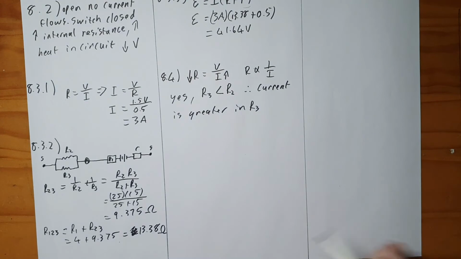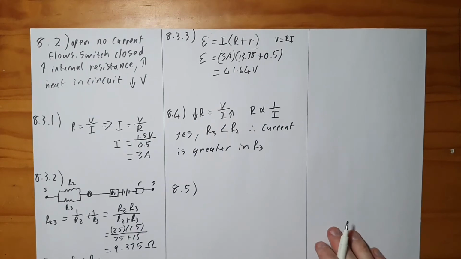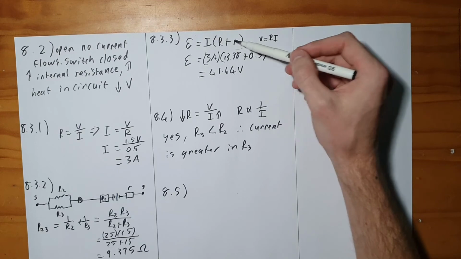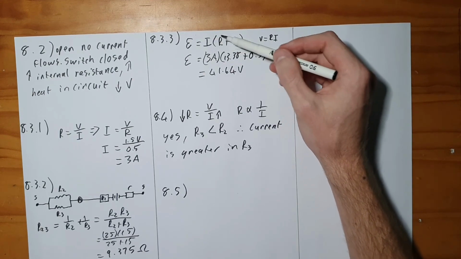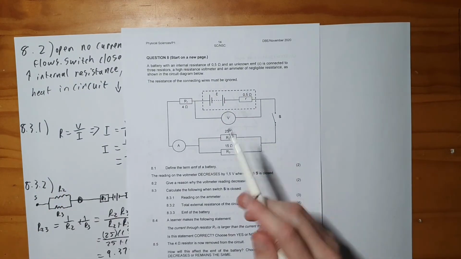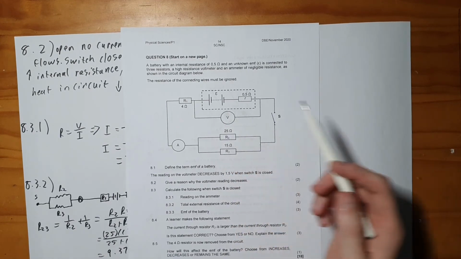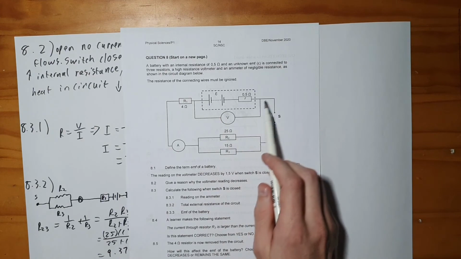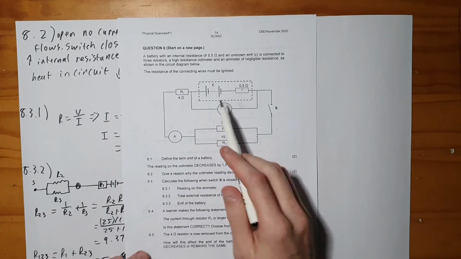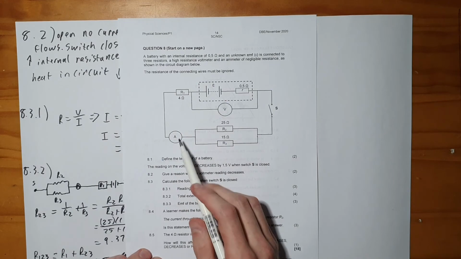Okay, now 8.5. Okay, so notice the formula for EMF says it's my current times the total resistance. Now, even though this resistance will decrease, okay, can you see here that EMF, if you look at the definition, refers to the amount of energy per charge passing through the battery at any given point in time. So can you see that because I've removed this resistor over here, I haven't changed the